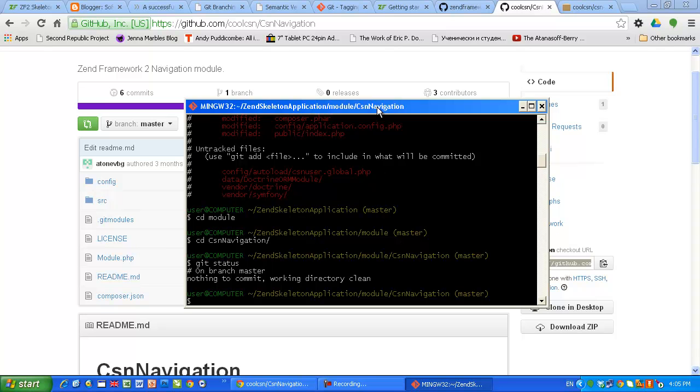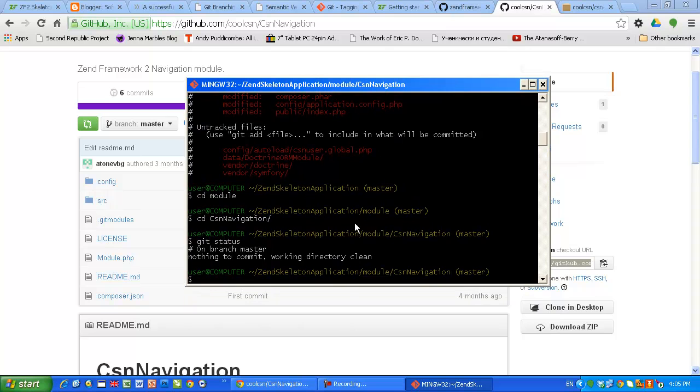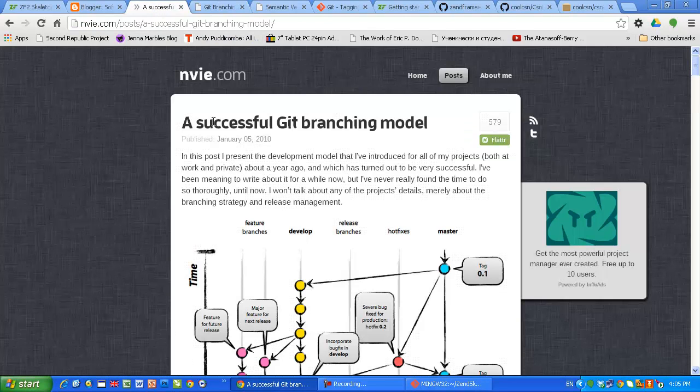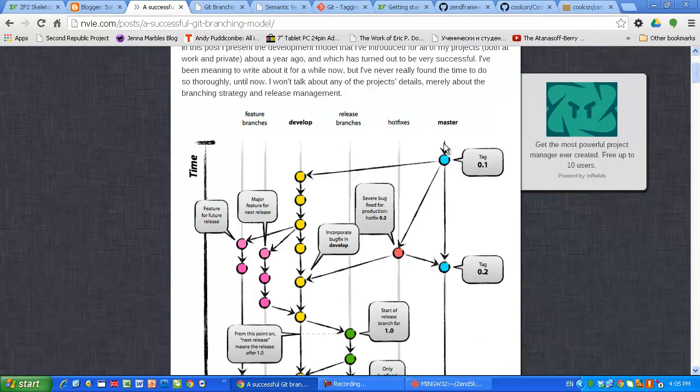And now let's see how we are going to name the release versions. Okay, so there is a successful Git branching model. The guy actually speaks about how they did it, how many branches they have, and what the workflow is, how they use them to develop software. This article is from 2010, so it's 3 years old already. But in the